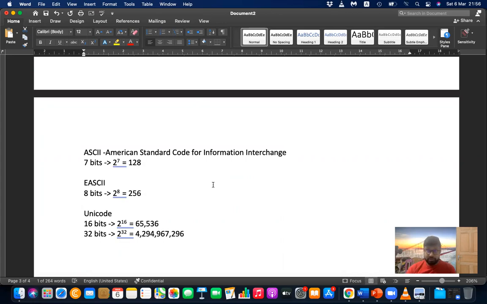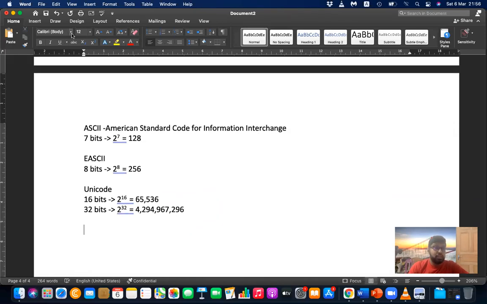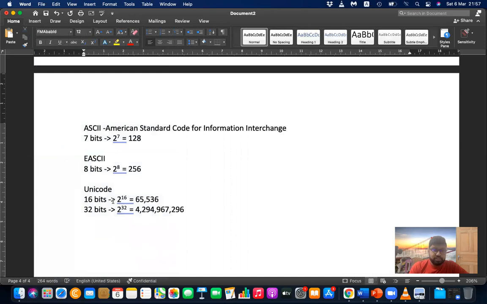Otherwise, what will happen? Let's say you want to type Sinhala, so you have to put in a Sinhala font from here. Then using the Vijayasekara keyboard, you have to remember the keyboard layout and type like this.